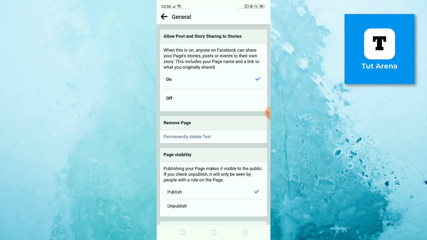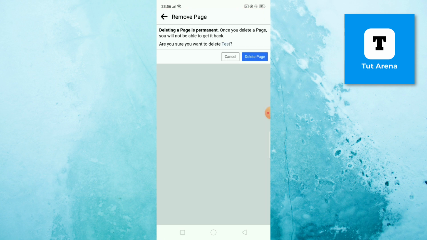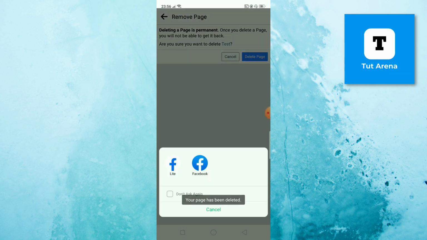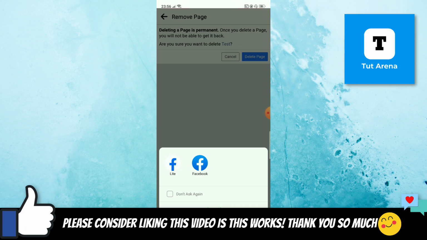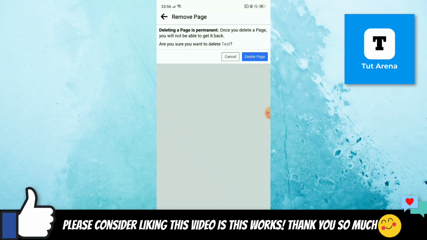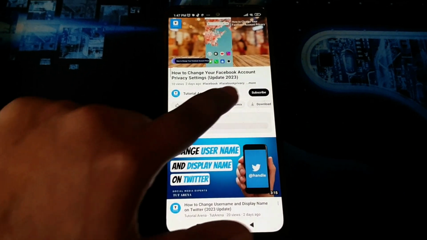So I'll show you how to delete it. And right now tap right here, and for your confirmation they will ask you if you're sure that you want to remove your page. Now I will delete this page. As you can see, I have deleted my page,